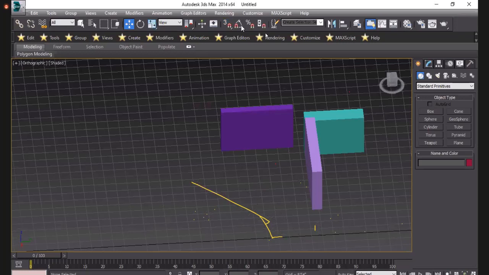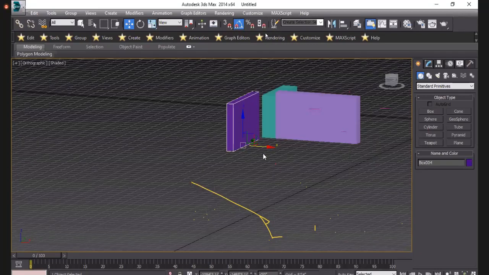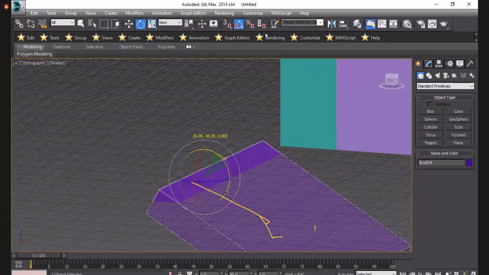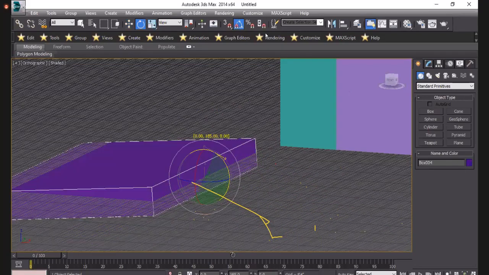Here the second one is angle snap toggle. It's used for rotation in fixed steps. When we rotate this object, simply press E and I will rotate this object. If you look there, the rotation will be in 120, 125, 150, 165, 170, 185 and 200.